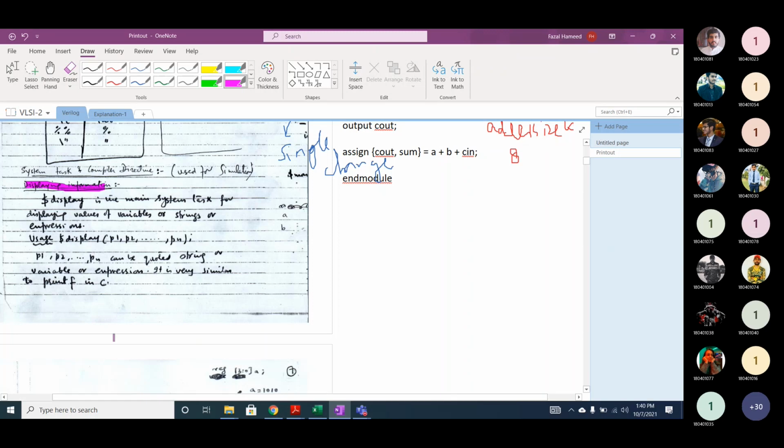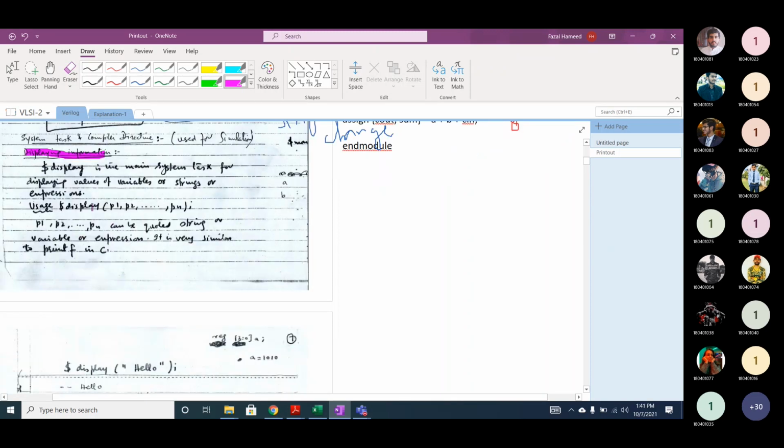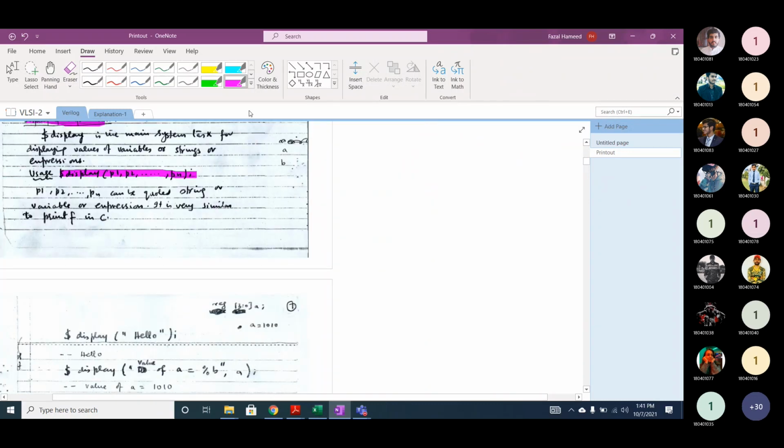This is the display parameter. So is display a keyword or identifier? Keyword, sir. Very good. Display is a keyword.